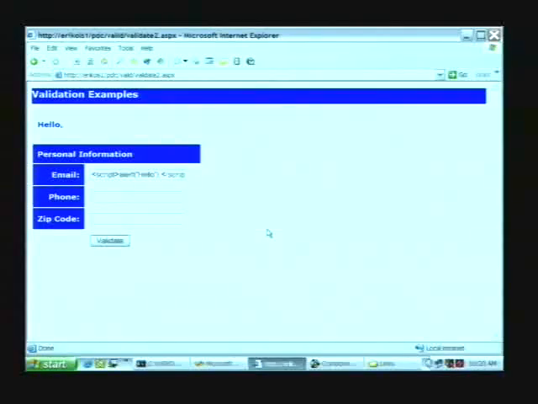Mike Howard is going to be doing a talk later in the day called Writing Secure and Hack-Resistant Code, where he'll talk all about these sorts of attacks and how, as a developer, you can write code that protects against them. I'm going to show you one quick way to make this easy with ASP.NET. So I'm going to go to another version of this page